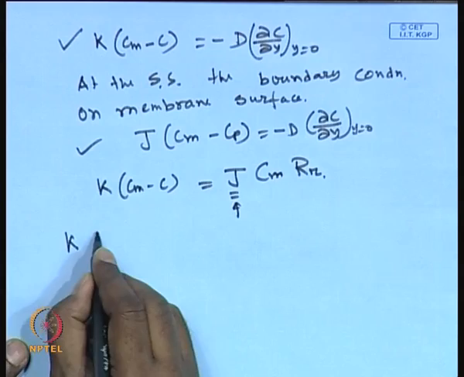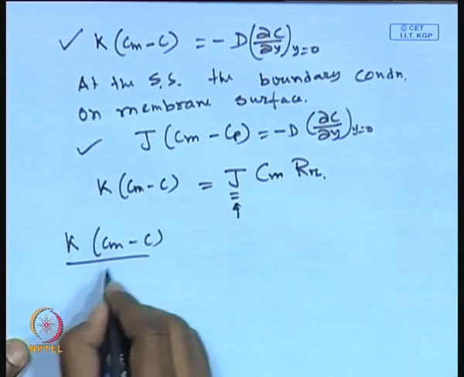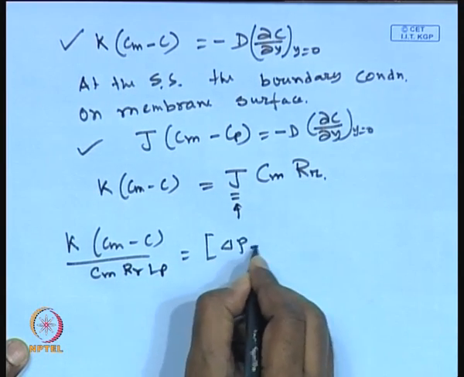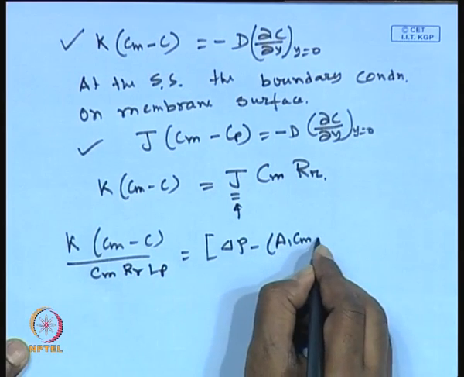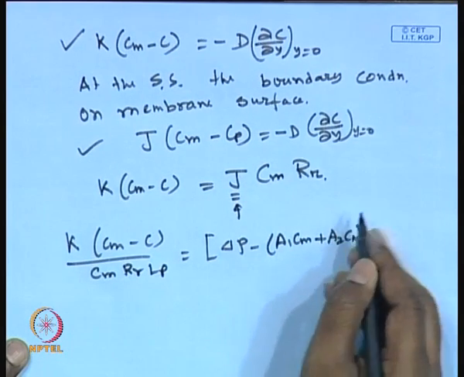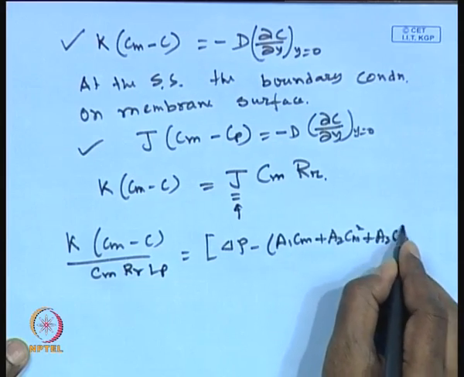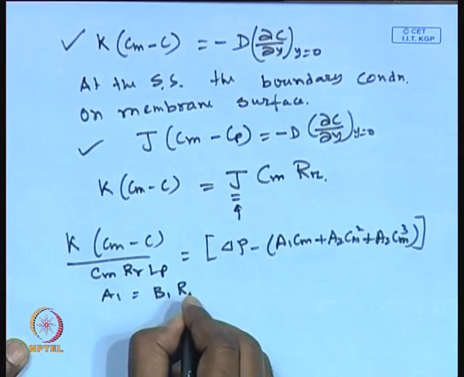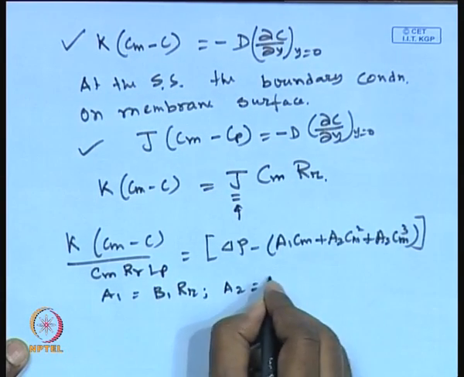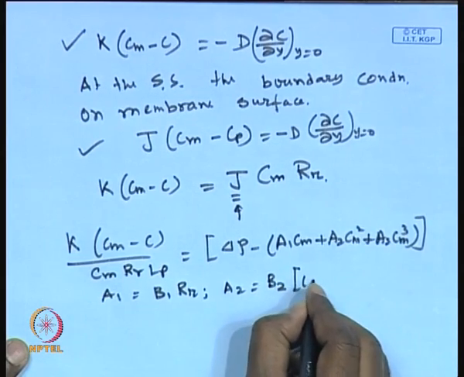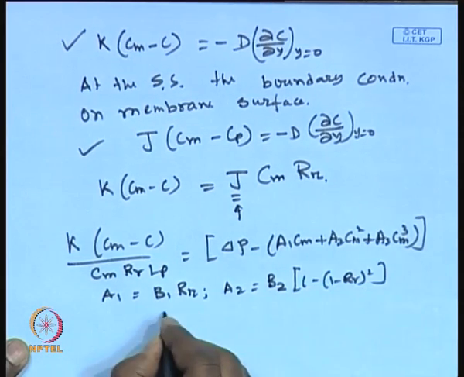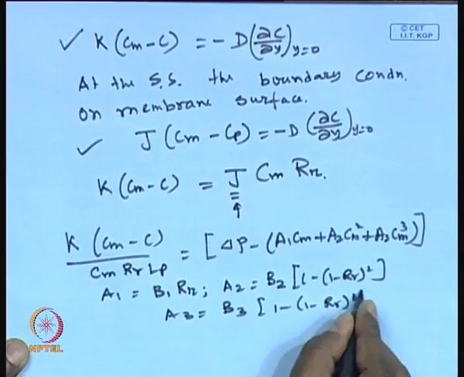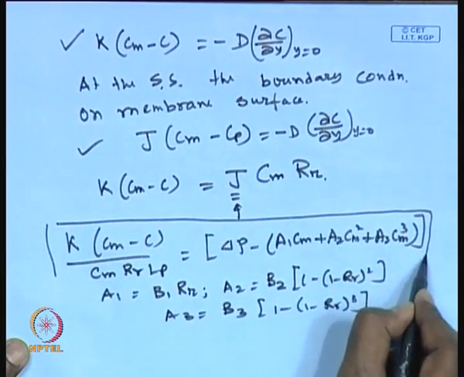You will be getting k times (Cm minus C) divided by (Cm RR Lp) is equal to delta P minus (A1 Cm plus A2 Cm square plus A3 Cm cube), where A1 is nothing but B1 RR, A2 is nothing but B2 (1 minus RR) square, and A3 is nothing but B3 (1 minus RR) whole cube. This expression